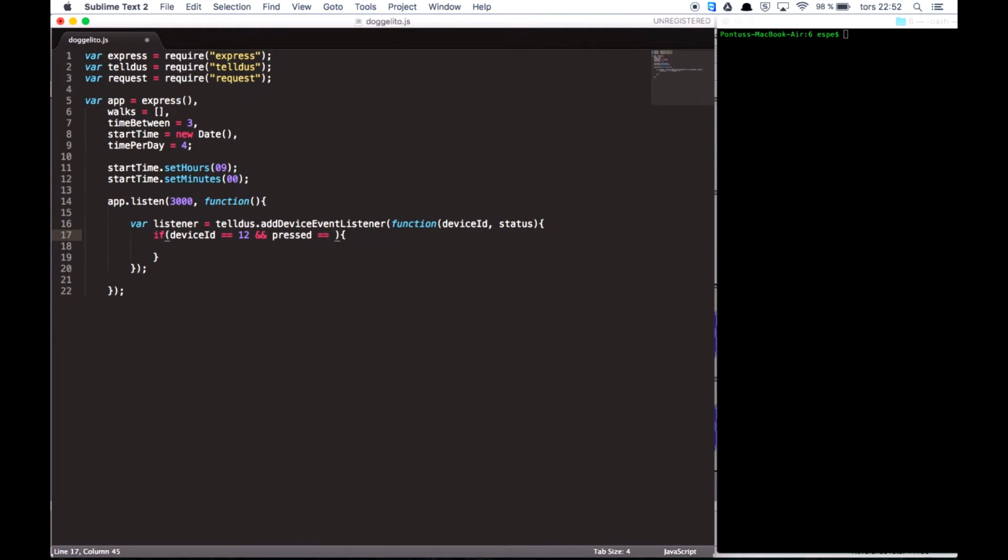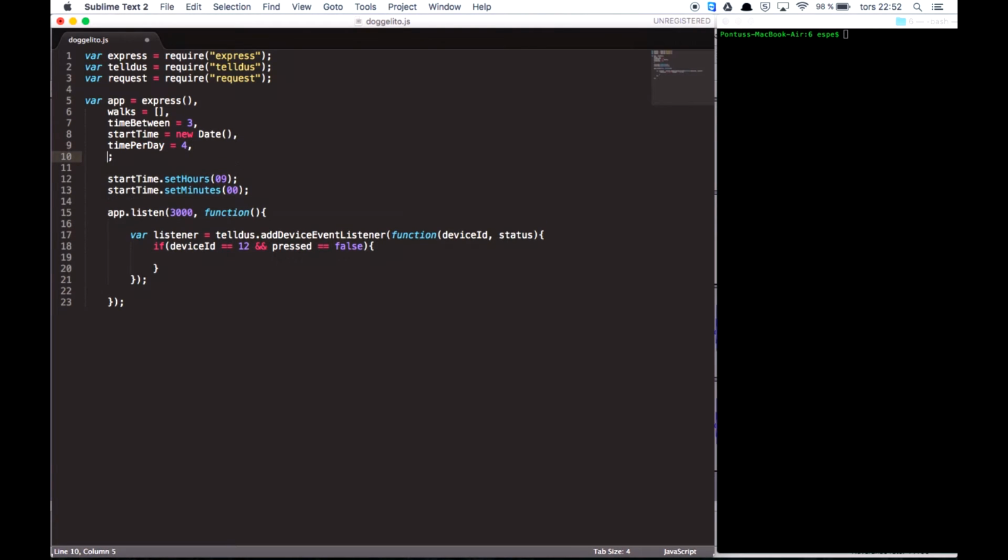So I only want it to be pressed once. So if pressed is equals to false, and we need to declare our variables up here. Pressed equals false,